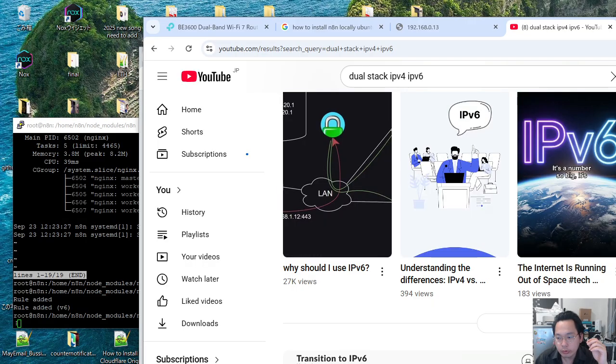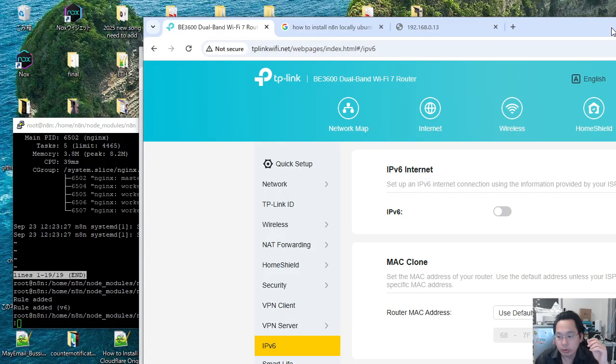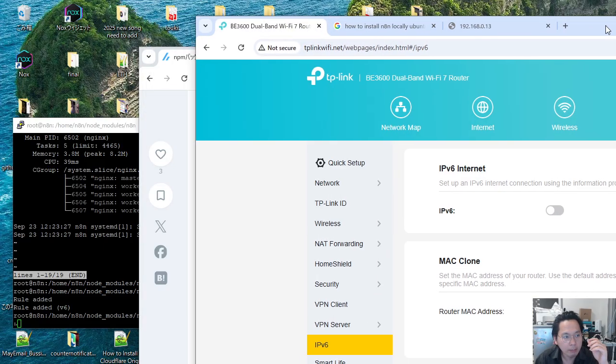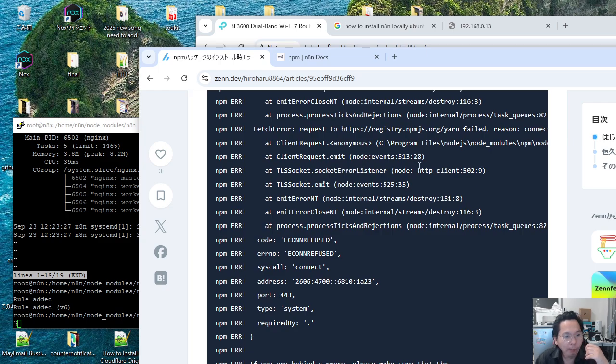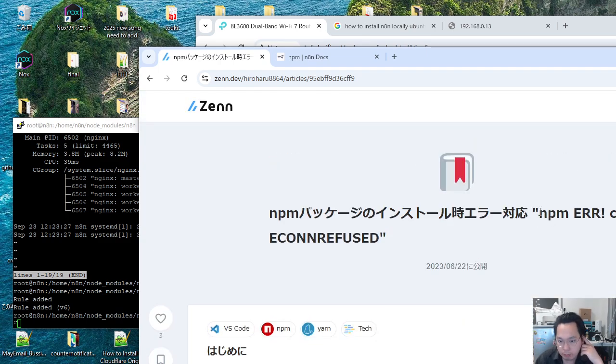So like I told you, if your router has this, or you can check your Ubuntu server, if it has an IPv6 or something like that, turn that on and you're gonna bypass the error for this one, npm error code